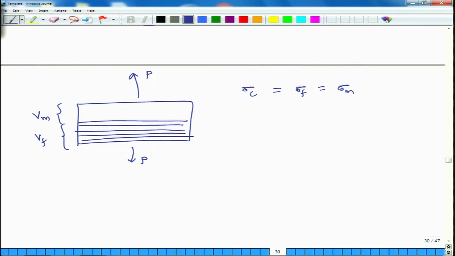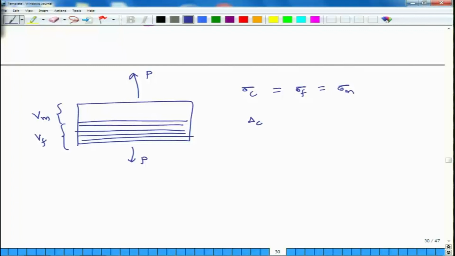Okay. Also, when I pull this sample, the overall sample will stretch by some distance delta c, and this stretching will be what? It will be the sum of stretching of fiber plus stretching of matrix. Okay. So, this is expression 1 and this is expression 2. So, from 2